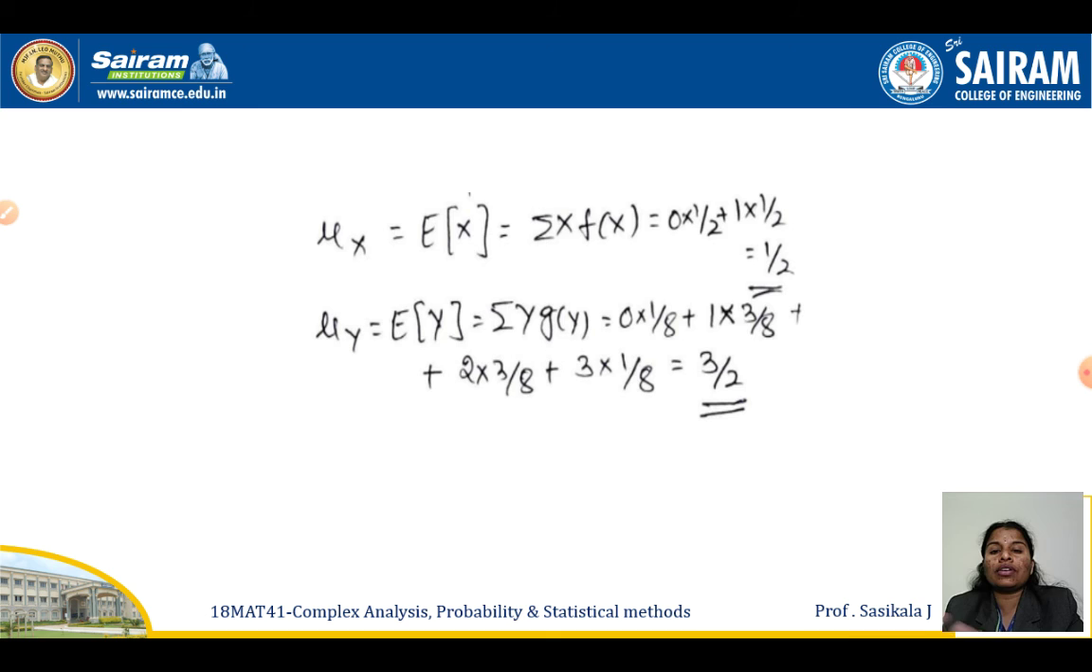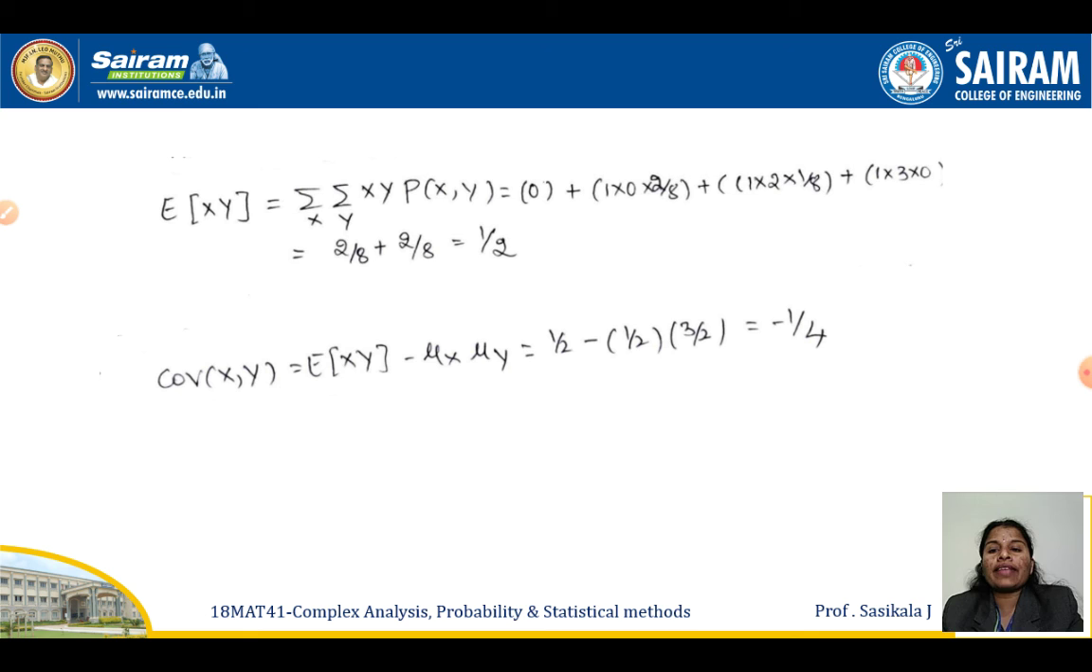Now go with the third one. We need to find the covariance. For that we need to find the expectation of x, expectation of y, then expectation of x into y. So go with expectation of x, summation of x into f of x. That is 1 by 2. Then expectation of y is y into g of y, that is 3 by 2. It's similar to your first question, you can verify. Then expectation of x into y is nothing but the sum over the complete joint probability table of x into y into the corresponding probability of each x and y. So it is equal to